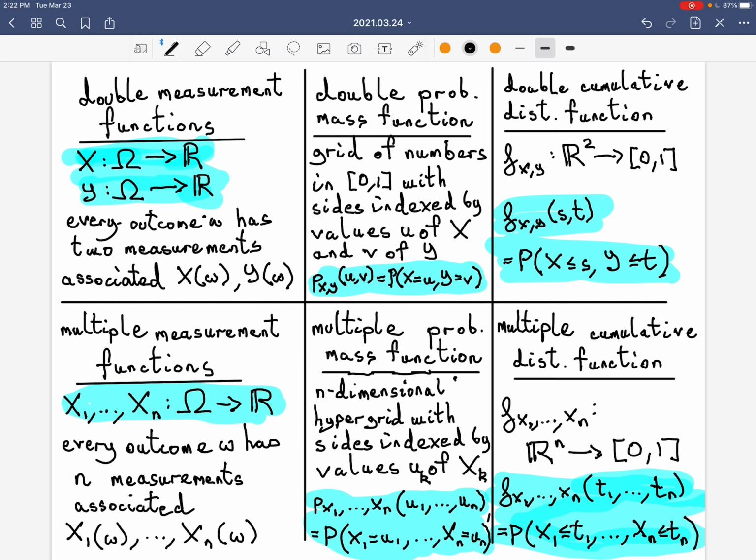So if omega is the physical state of the light bulb after 1 second, we can say, associated with that, I have a number called color and a number called intensity. And so those are just two numbers. They don't describe every single possible detail of the sample space, but